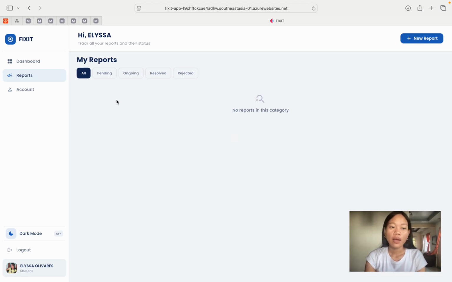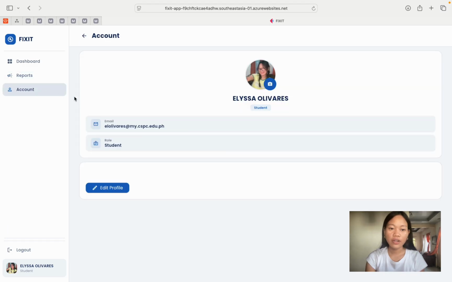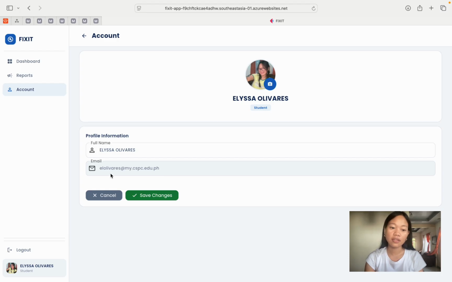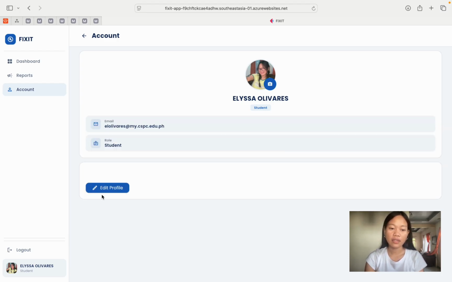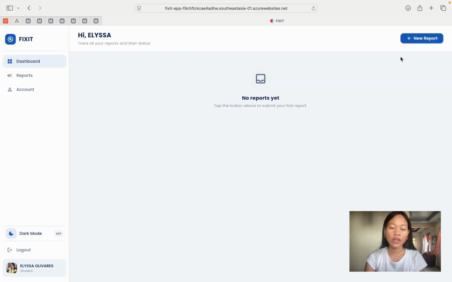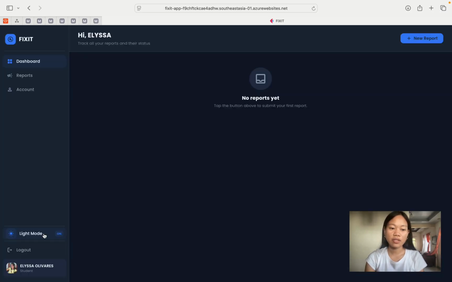In your account, you can see your profile, name, email, and role. You can also edit that and save changes if you have any edit, and cancel if you don't. Then you can go back, and you can also switch between dark mode and light mode.